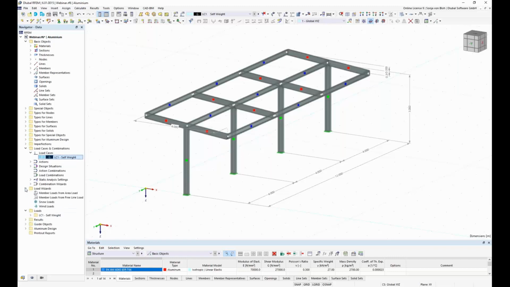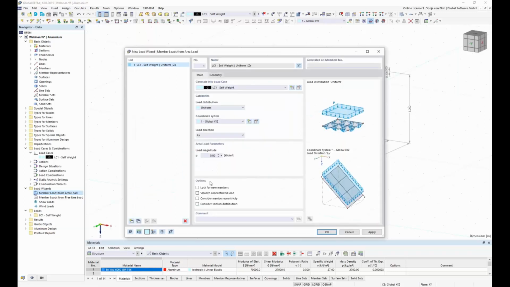For this, I go to the load wizard, and I want to use the member loads from area loads. This load wizard simplifies the task of creating a surface load on members of the model. You can use this to apply a load to the purlins without manually determining the load distribution on each member. Here I go on New Load Wizard,